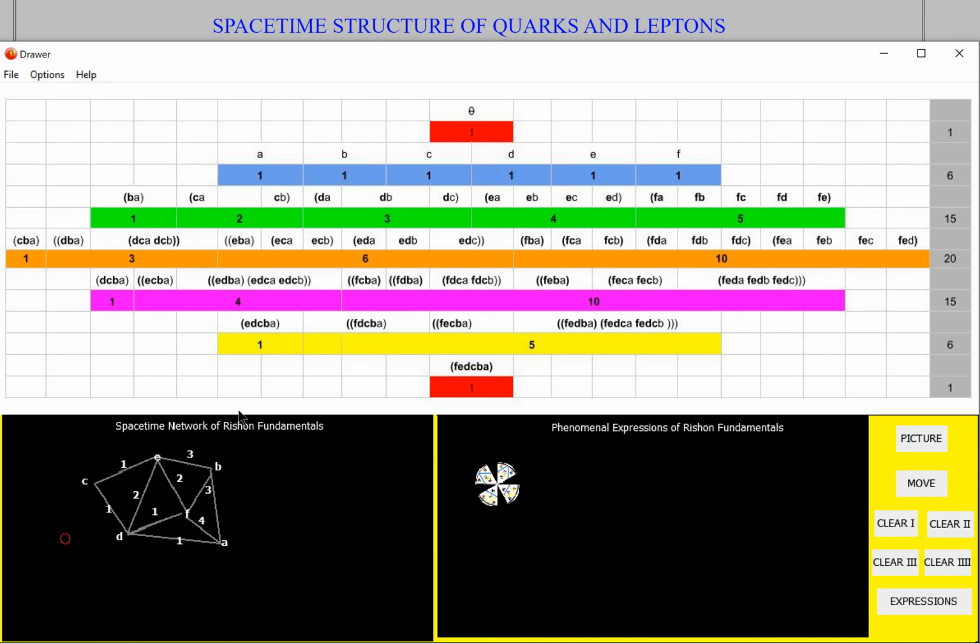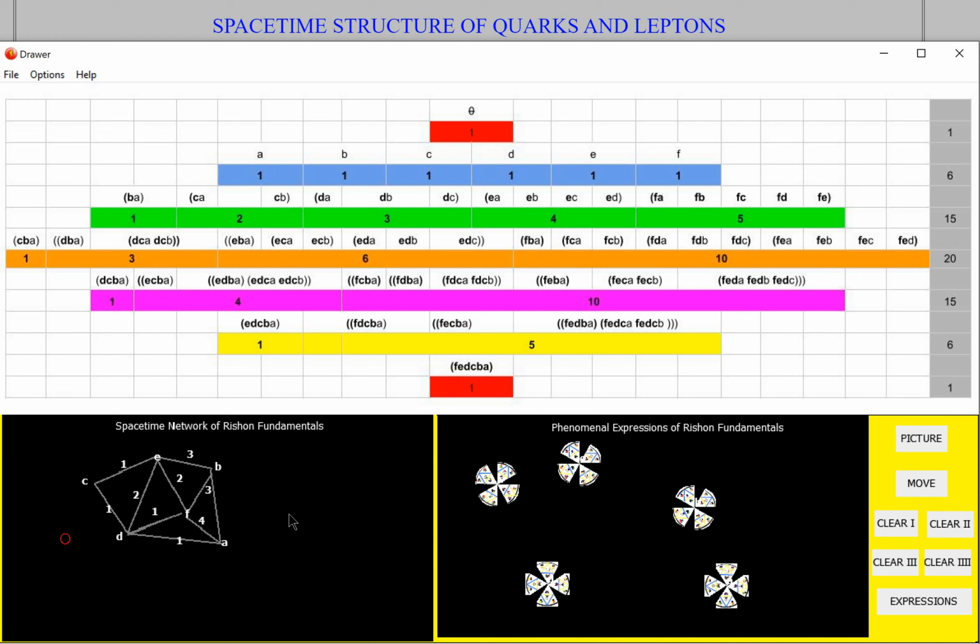And so we can have C, and then we can have E, and B, A, and D. And so these Rishon expressions then express themselves in the space-time generated by the network of relations of